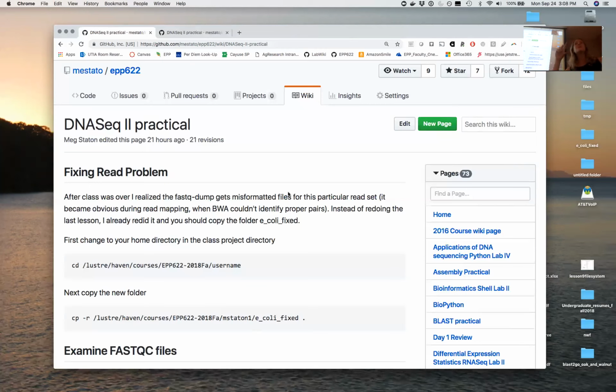But it turns out they're 100% identical. It's not a read 1, read 2 situation. And I have never seen that before with fastq-dump. Normally it's a pretty accurate program. But I believe that everyone who used fastq-dump, and certainly everyone who copied the files from me, has this